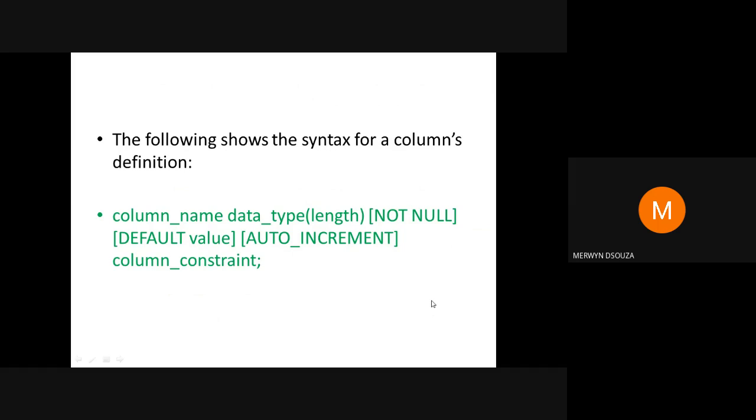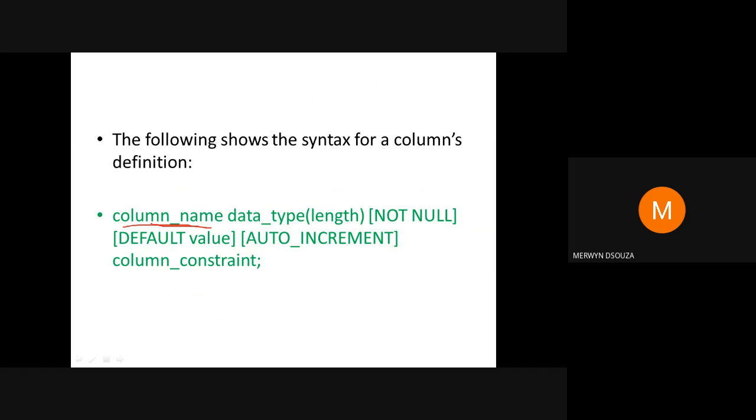The following is the syntax for a definition of a column. Column name, data_type. You can specify the length of the data type. Then you can specify whether it is not null, and so on. Let me tell you in detail. So basically the column name will tell you the name of the column.